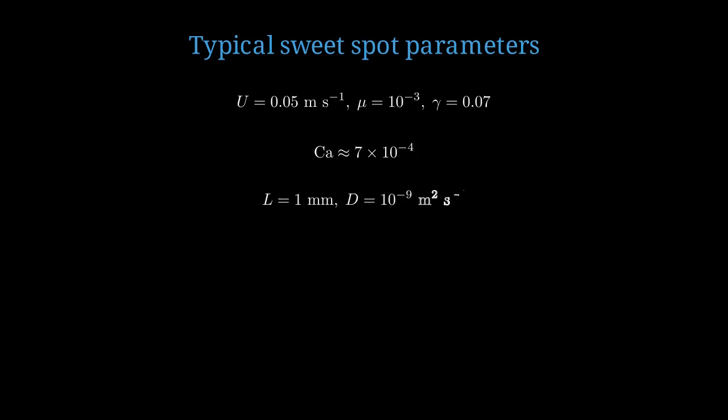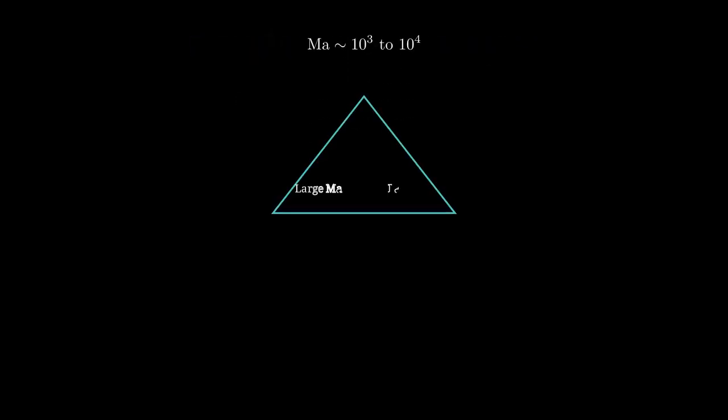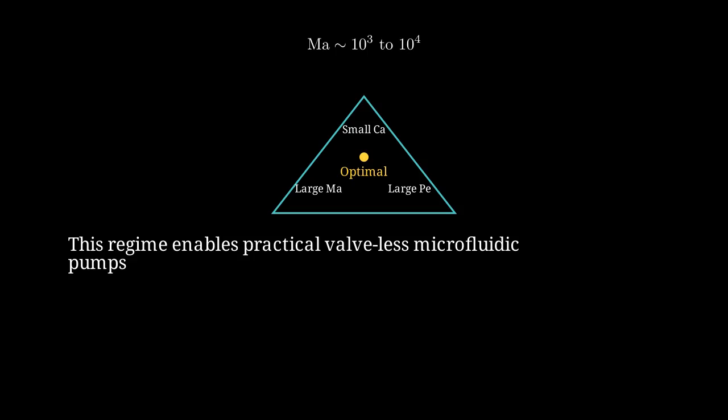With length scale 1 millimeter and diffusivity 10^-9 square meters per second, Peclet number is about 5 times 10^4, meaning convection dominates and gradients can persist. Marangoni number is in the thousands to tens of thousands range, indicating strong surface drive. This triangle of large Marangoni number, large Peclet number, and small capillary number defines where negative capillary resistance appears most readily. Operating in this regime enables practical valveless microfluidic pumps that exploit surface tension gradients for propulsion,